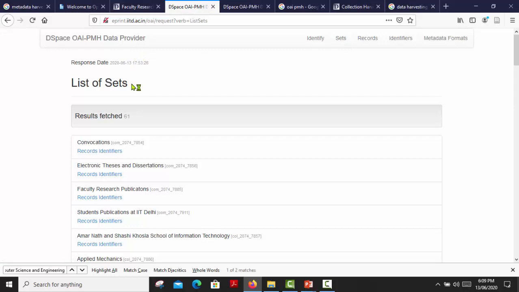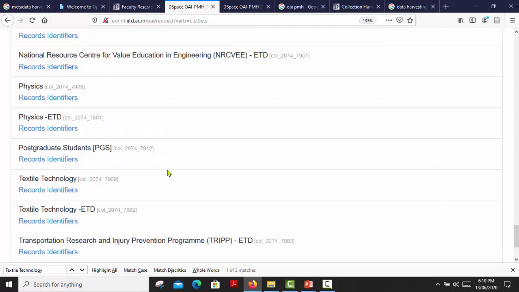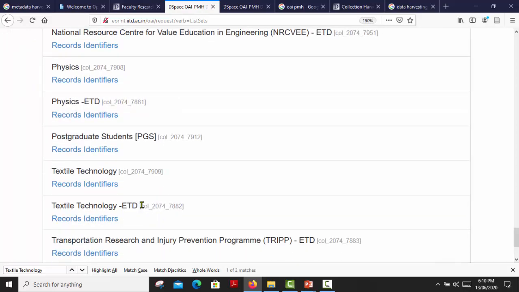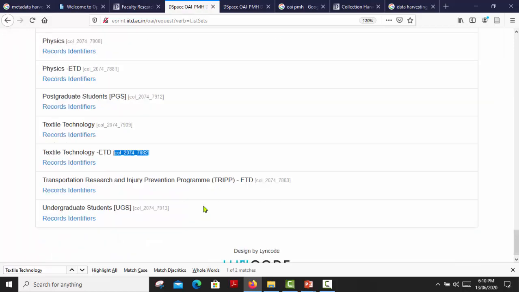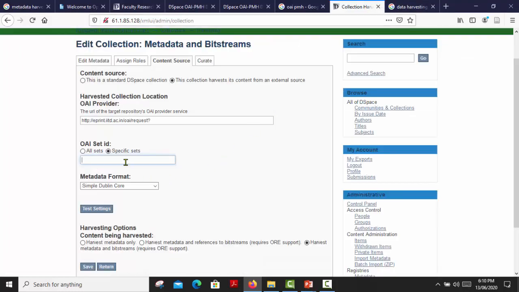I am just finding it with Control F, Control V. Yes, this is textile technology, and this is the ID which I am copying and pasting in our OAI set ID box.